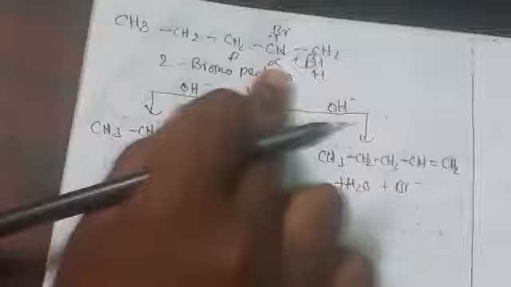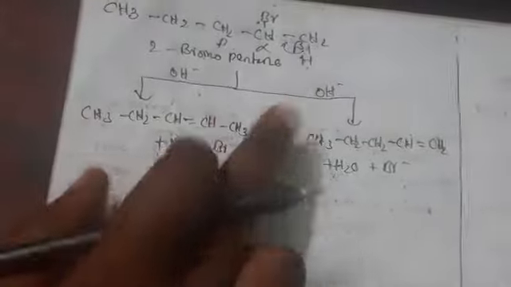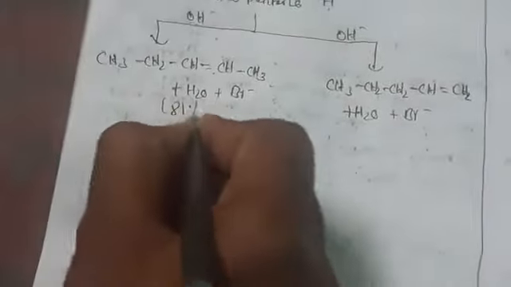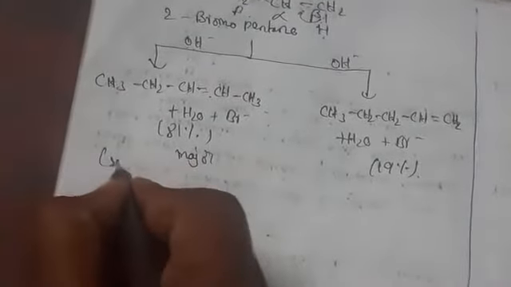Saturated to unsaturated molecule: single bonded to double bonded atoms is what we call an elimination reaction. Now let us see another one, the next topic. Generally one product is forming at 81% and the other only 19%. If you observe which one has the higher percentage, wherever the substituent is present and we get the double bond, we call that the major product. This we also call Saytzeff's rule.